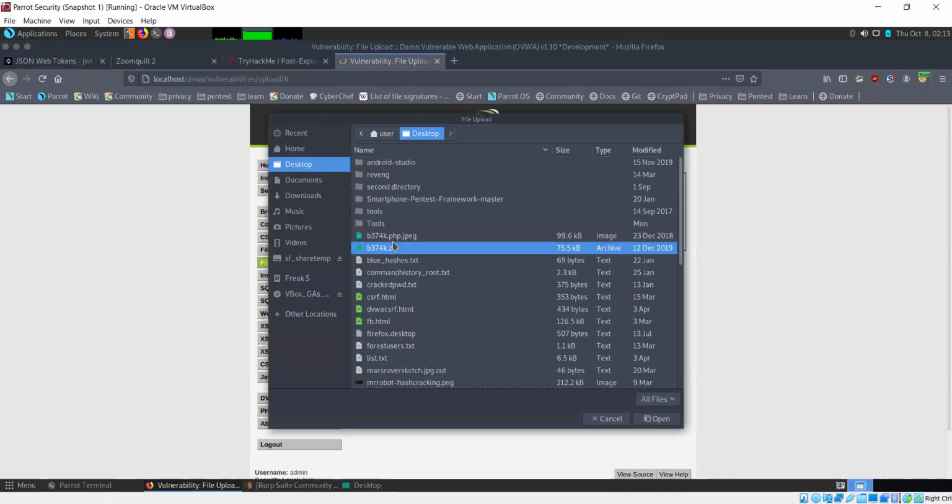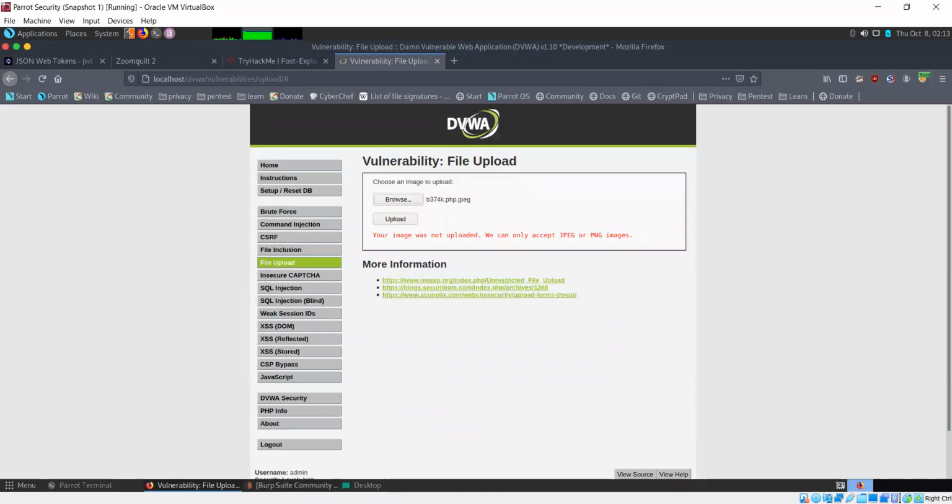What happens if I directly try to just upload this? Even in this case, we are getting the same error, because although we have changed the extension, our file is still PHP.